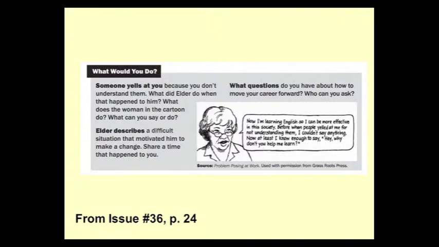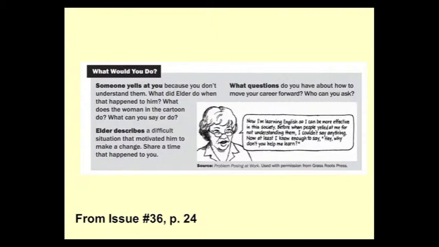And this would be a great activity in an ESOL classroom, for people to share times when that happened to them or happened to somebody that they know. What did they do about it? What do they wish they had done about it? What would they do about it if it happened again? And you could get everybody sharing. This would be just a great vocabulary generator. You could do some role plays. You could get people up in front of the class.